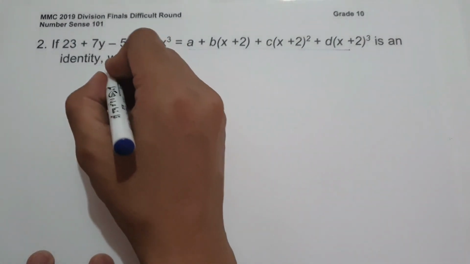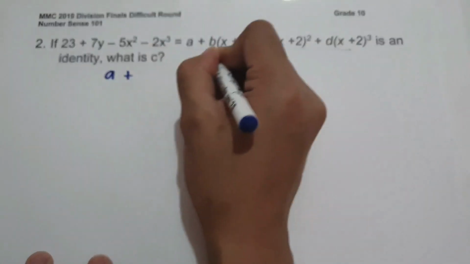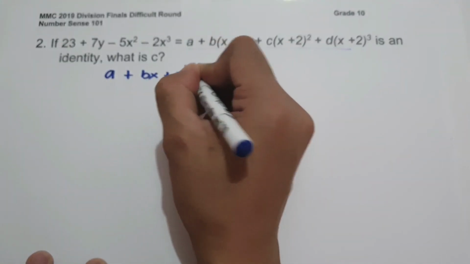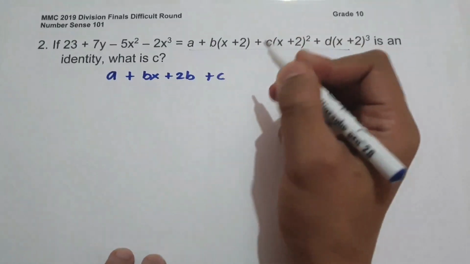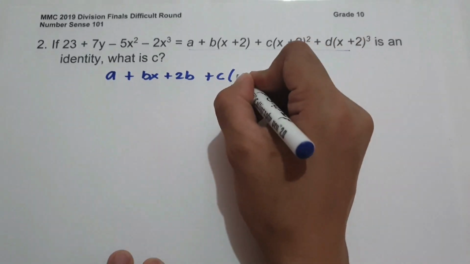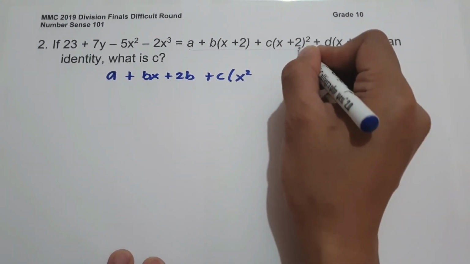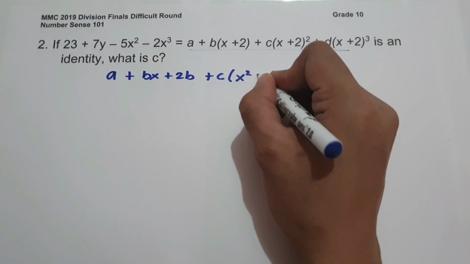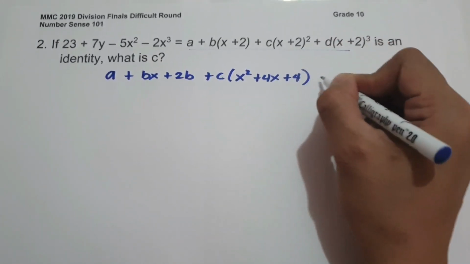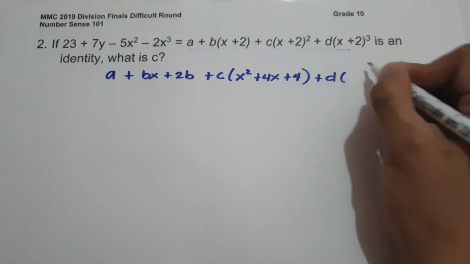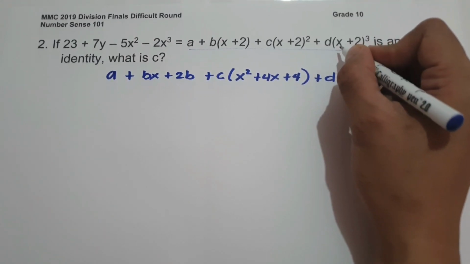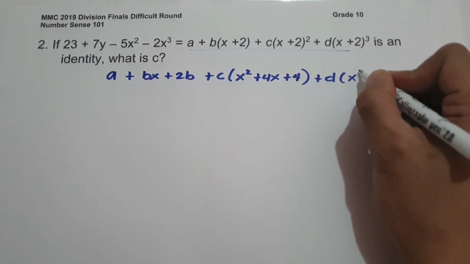So let us have now a plus b times x, that is bx, plus 2b, and then let us have c times the square of binomial, so x multiplied by itself, that is x squared, x times 2, that is 2x times the constant 2, that is 4x, and then 2 multiplied by itself, that is 4, and then we have d, and then we have a cube of binomial, x multiplied 3 times to itself, that is x cubed,